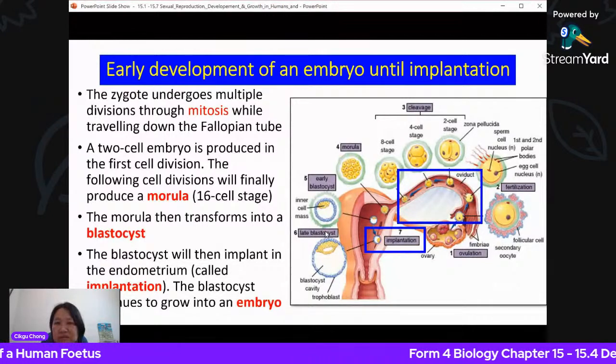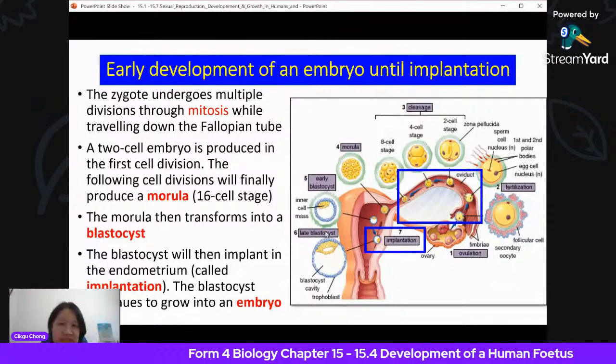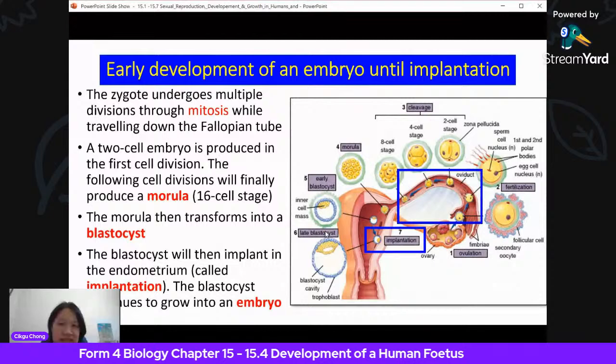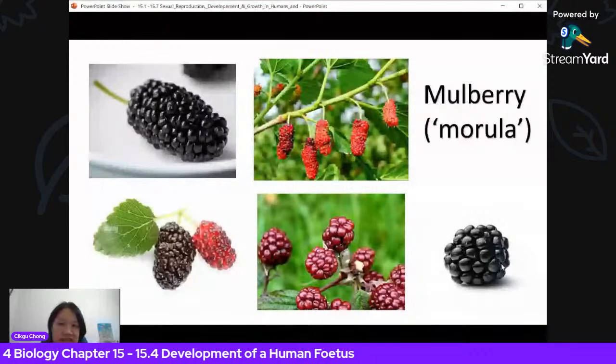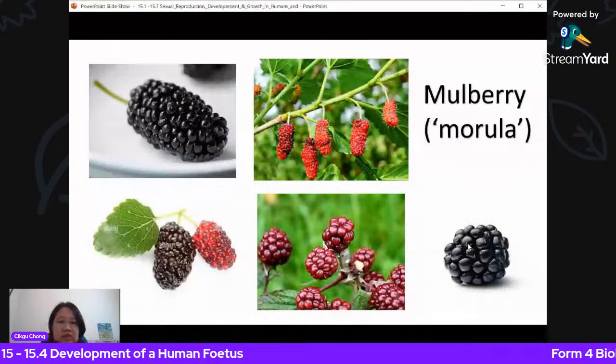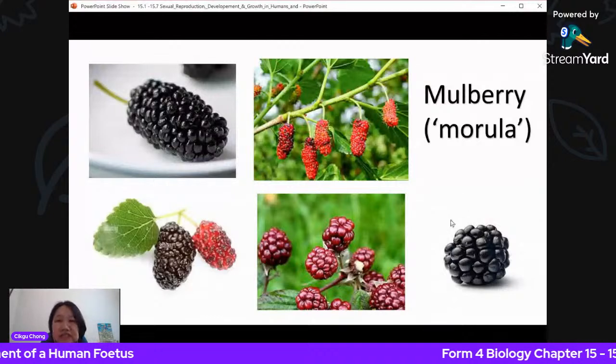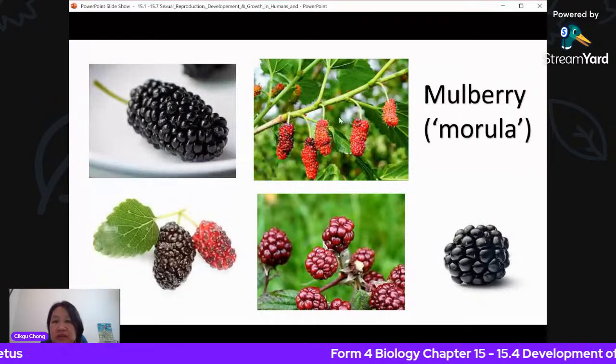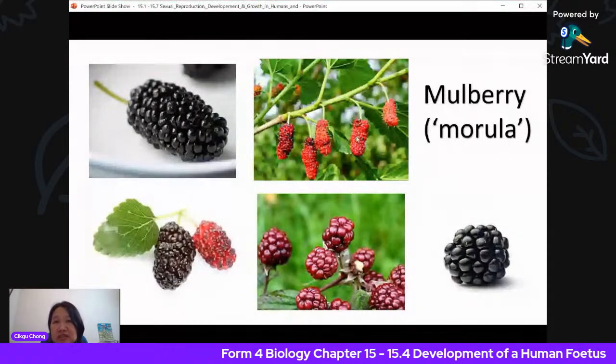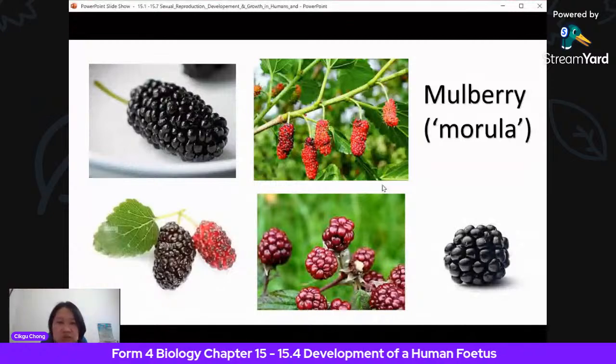Okay, so you see all this? Can you imagine this is like the embryo, a ball of cells where every cell is similar at that time. It has not started any cell division, any differentiation. I'm sure you've seen this morula. This mulberry is very healthy, very good for your health, so you should eat it.